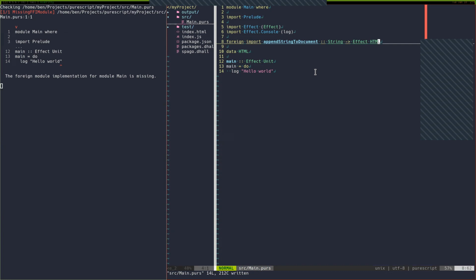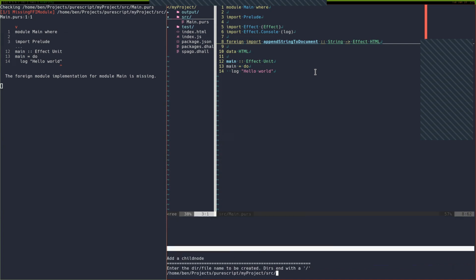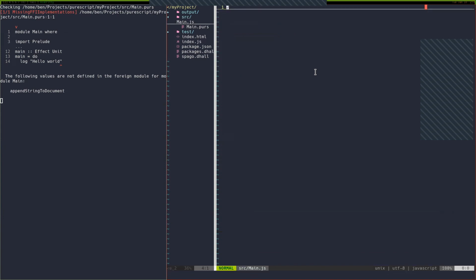Let's see, the foreign module implementation is missing. Well, that makes sense. We haven't made one. So PureScript looks for a foreign module with the same name as the PureScript module that imports it. So in this case, we want a main.js. Okay, so we have a main.js file now.